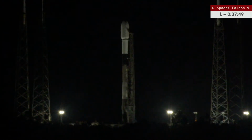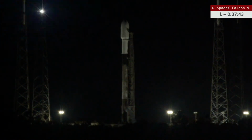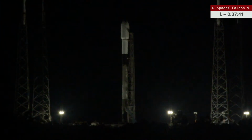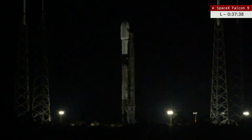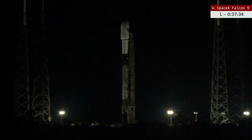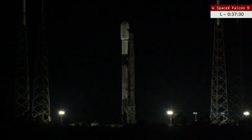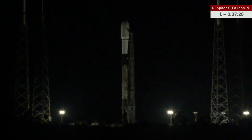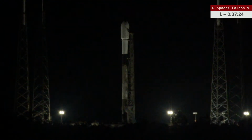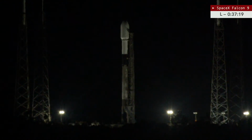Next up after TEMPO is the TROPICS mission, which will be a quartet of CubeSats monitoring tropical cyclone development. Those CubeSats will be launched on a pair of Rocket Lab Electron launch vehicles later this year. The first set of TROPICS CubeSats is actually expected to launch in May from New Zealand on a Rocket Lab booster. Now 37 minutes, 25 seconds until liftoff of the Falcon 9 rocket tonight with Intelsat 40E